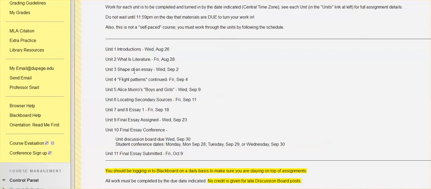This idea of the shape of an essay or the shape of a paragraph, as the material in that unit discusses, is another way of talking about how you manage the relatively general versus the relatively specific within an overall essay, but also within each body paragraph. The way those two things work, they mirror each other. One is on the macro level, the whole essay, and then the micro level, each individual body paragraph.